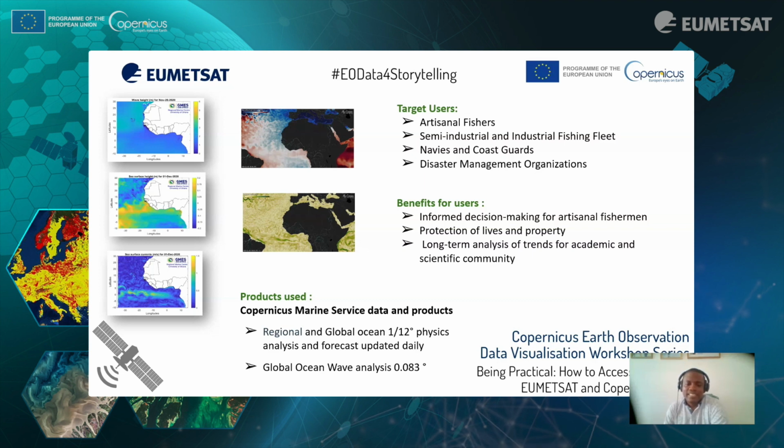The main data sources for this are the Copernicus marine data set products. You have sea surface currents, information on winds, as well as information on waves and significant wave heights. These are combined into simple indices that can be interpreted by the fishermen. An example of this categorization would be all significant wave heights less than 1.5 meters would be regarded as calm, between 1.5 and 2.5 meters would be rough, and anything above 3.5 meters would be regarded as dangerous.